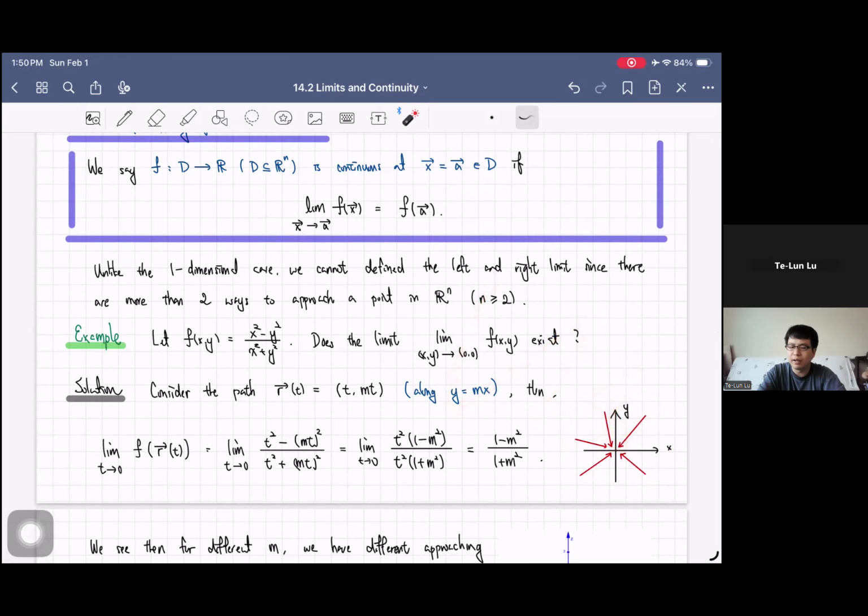So we cannot define an analogy of right and left limit, which is why it is in general harder to find a limit in a multi-dimensional function, which is already complicated when n is larger or equal to 2. So let us see how we can